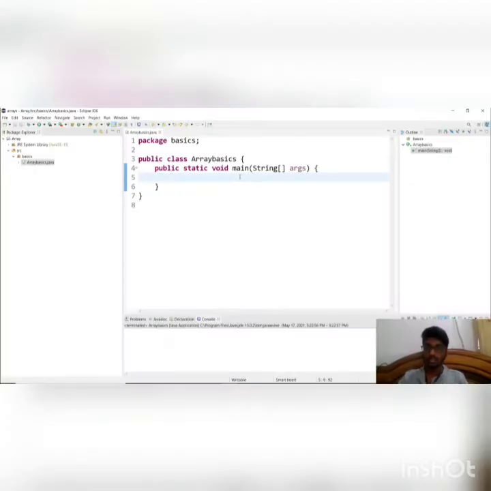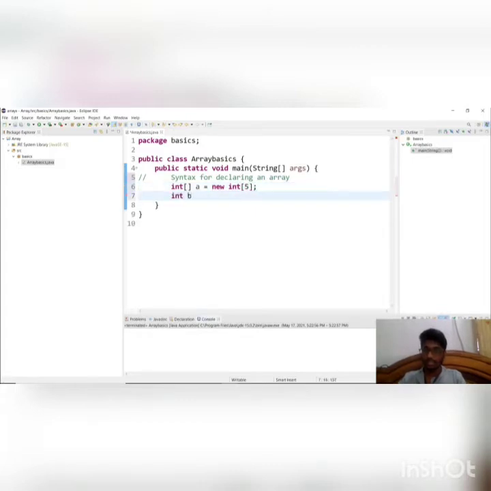Okay, so now let me show you the syntax for declaring an array. The first way is to give the data type and the square brackets, then the variable name, and initialize it with the new keyword, then the data type of the array, and give the size of the array. This is the first way to do it.